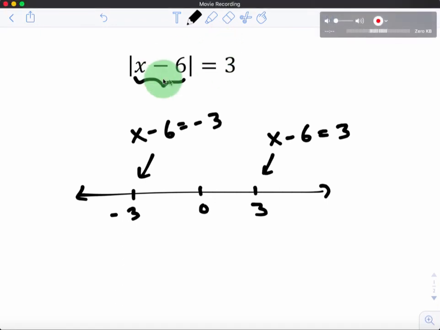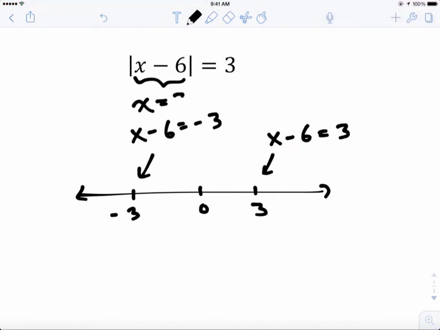Right? We're thinking that this number right here, if its absolute value is 3, it's 3 units away from 0 on the number line. And now we have two simple equations that I think we can solve. For the one on the left, I think we end up with x happens to equal 3, coincidentally, or x equals 9. All right, so we found our two solutions, x equals 3 and x equals 9,